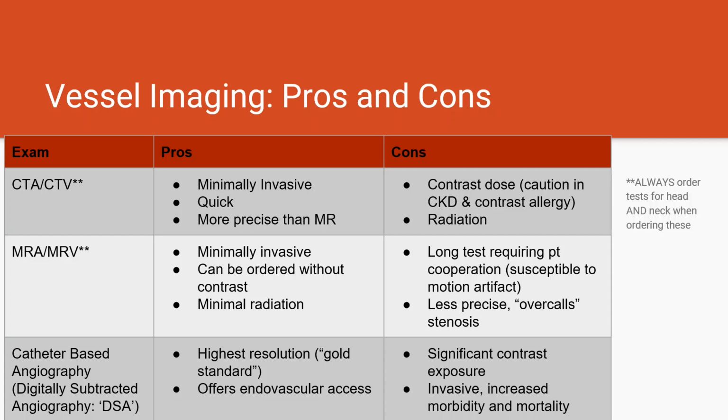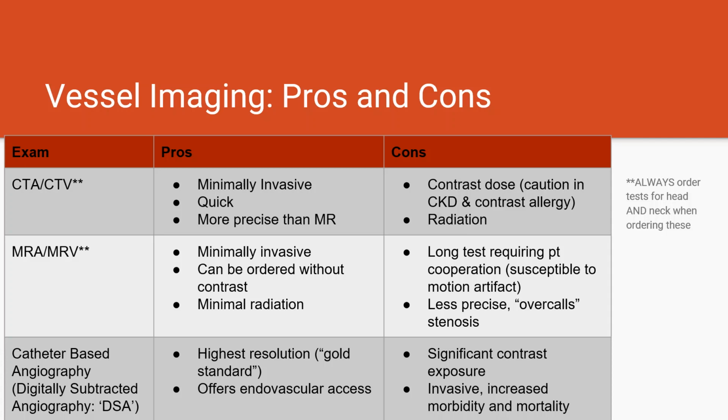CT-based vessel imaging is great because it's minimally invasive and it's a very quick study, so it's ideal for a code-stroke situation. And then actually what's surprising is it's more precise than MR vessel imaging. At first I found this a little counterintuitive because MRIs typically are more detailed than CTs, but this is because